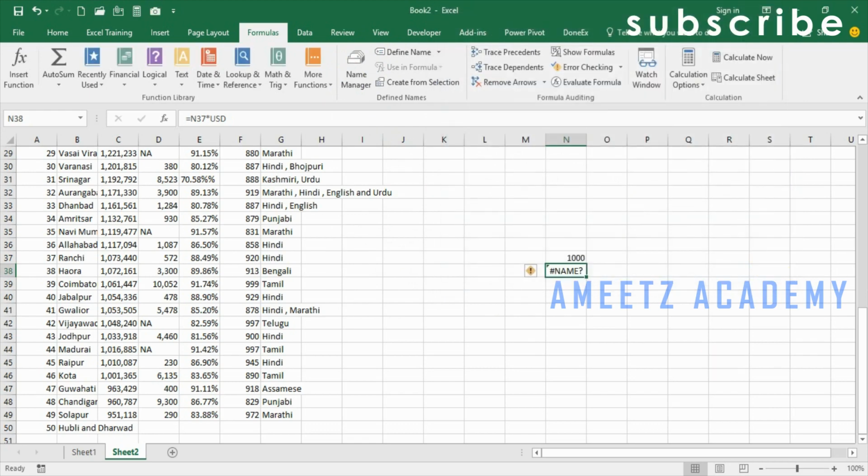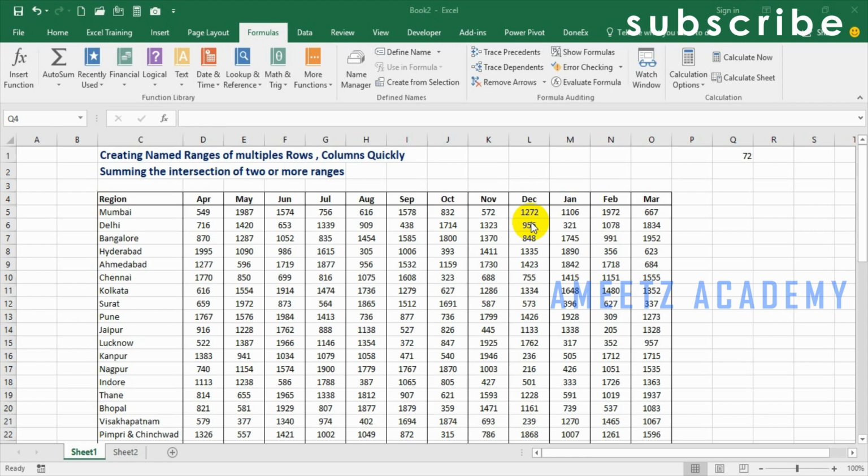of this video. To create names individually for each row and column, like the data available here, is a very time-taking exercise. For that we need a summary way. For that we have another option called Create from Selection. Instead of giving a defined name, we can create the name from the selection. So I'm selecting all the rows,